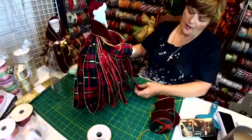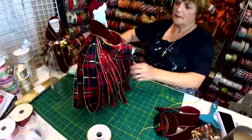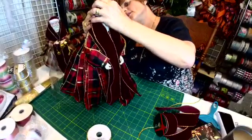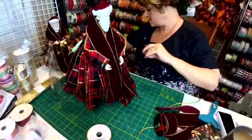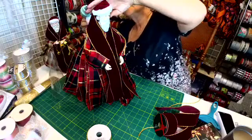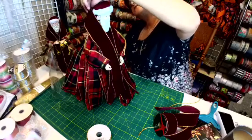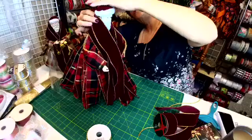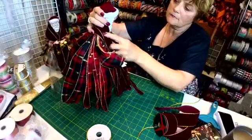Okay? So now I'm going to cut this side. Like that. Okay, now I'm looking at him in the back because I want this to go up just a little. Like that. And what I'm going to do is just stick just a little bit of glue. If I can get all these little glue strings off. I'm going to stick just a little bit of glue right up here on his head, so that this will stay, because I'm going to layer it one more time so it looks really pretty, and I'll show you what it looks like from the back here in just a minute. And then this goes down